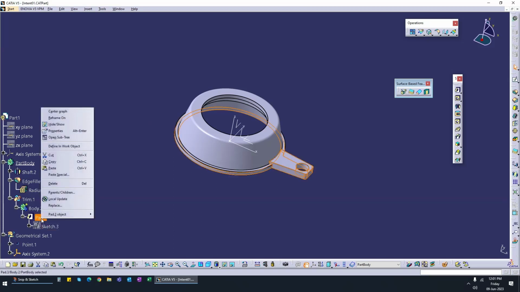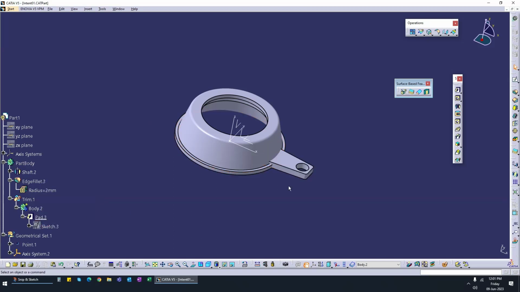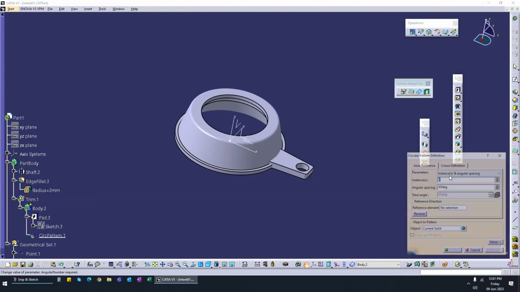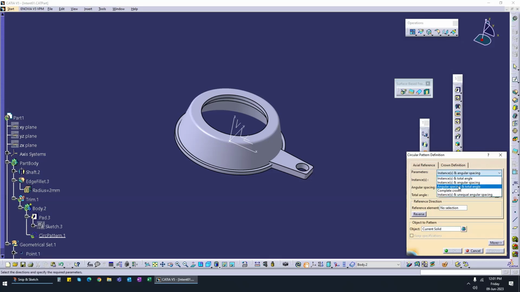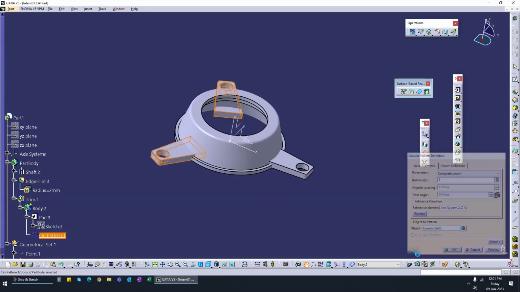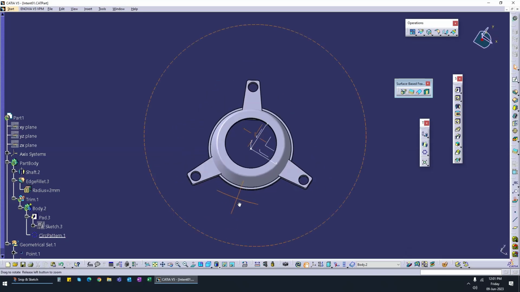So we define our pad and we do a circular pattern. Here is the command for circular pattern. We want it to be along the whole crown, and we want 3 instances, and we select the reference element, which is the z-axis. Click OK, and now